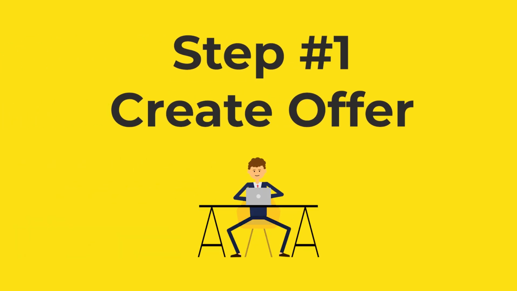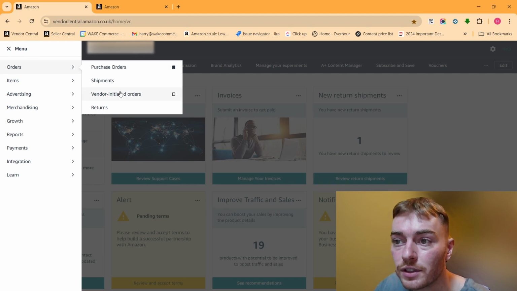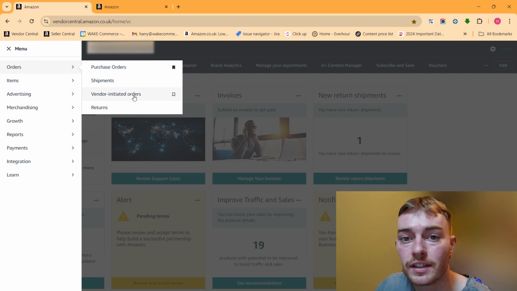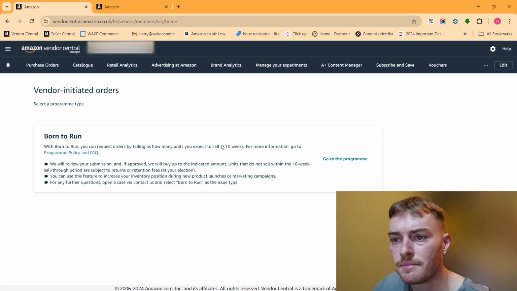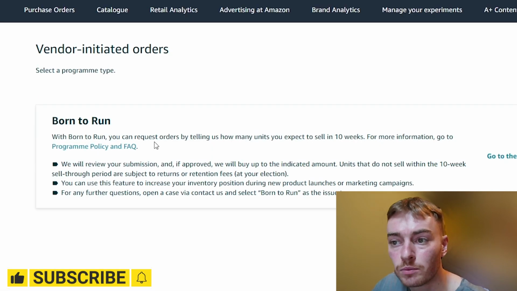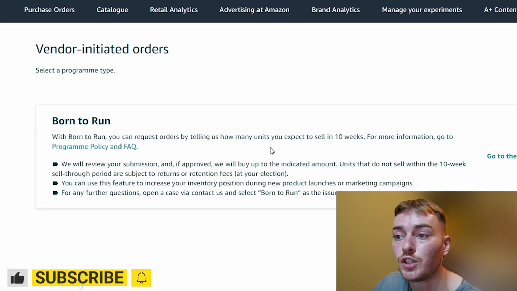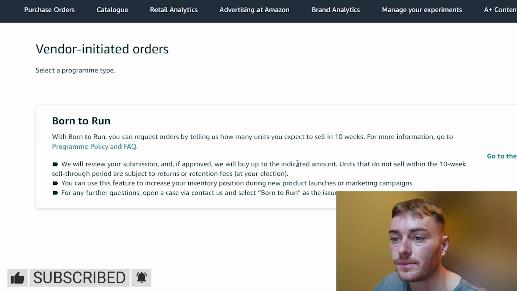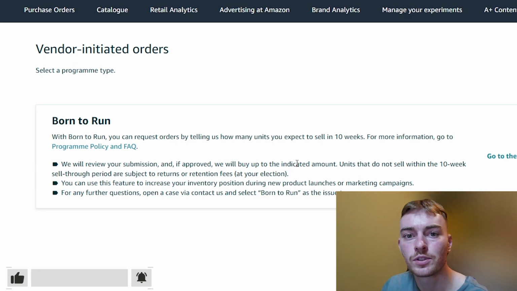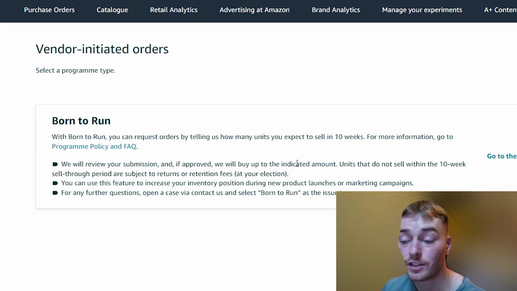Step 1, we go to vendor initiated orders on the Amazon Vendor Central dashboard. As you can see, Born to Run. Born to Run, you can request orders by telling us how many units you expect to sell in 10 weeks. So with a Born to Run, Amazon is basically saying you've got 10 weeks to sell as much product as